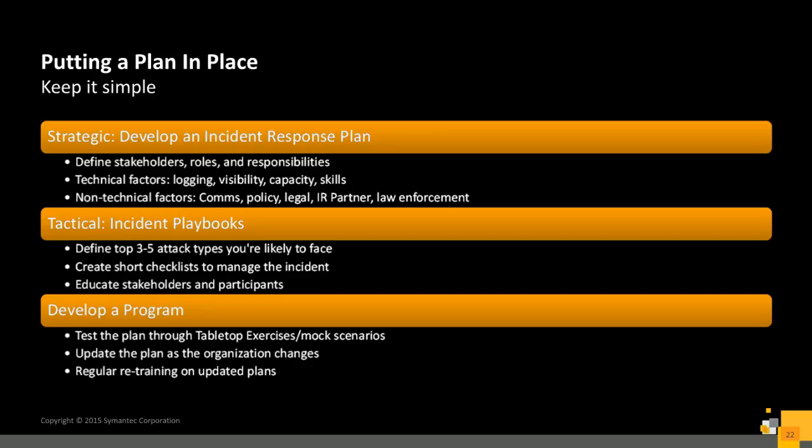Lastly, develop the program, test the plan using a tabletop exercise and a mock scenario. These can be stressful, but not nearly as stressful as an incident is going to be. It's nice to be able to do a tabletop exercise at your leisure over a few days and get feedback